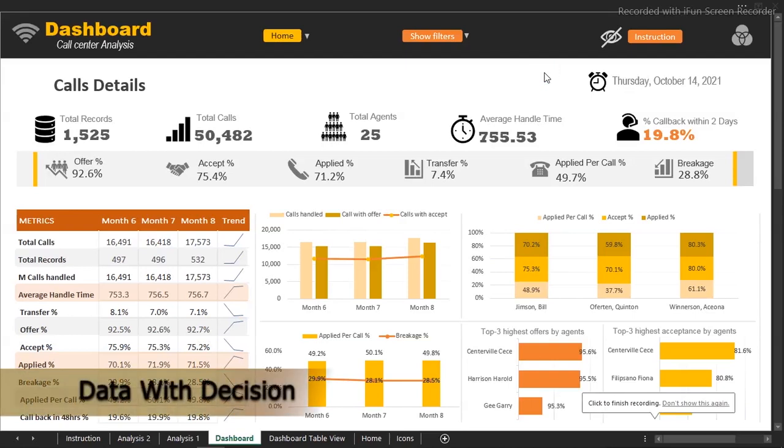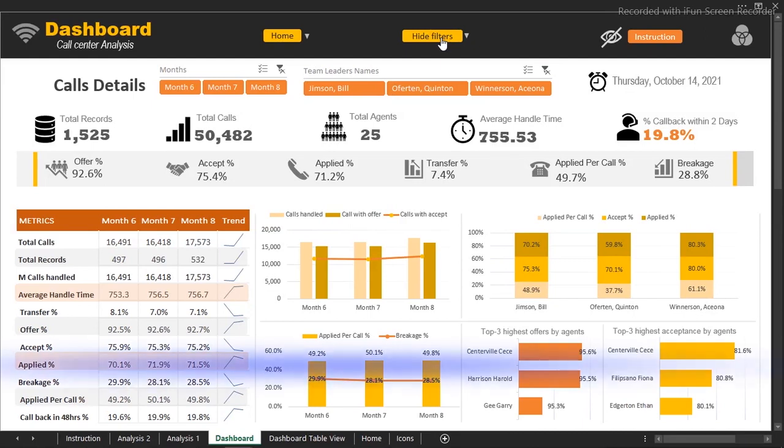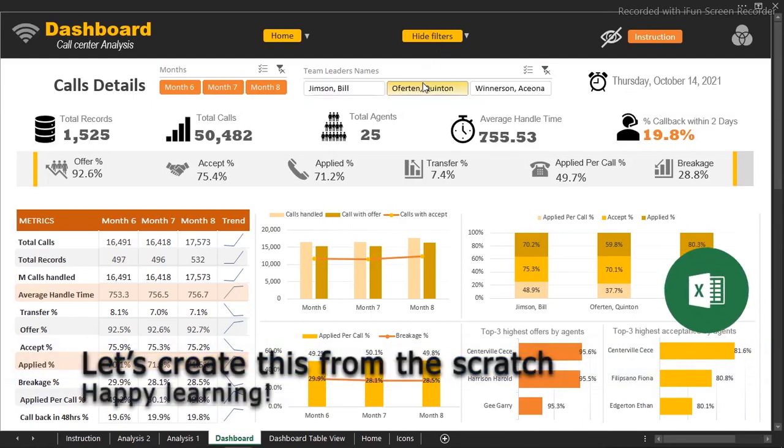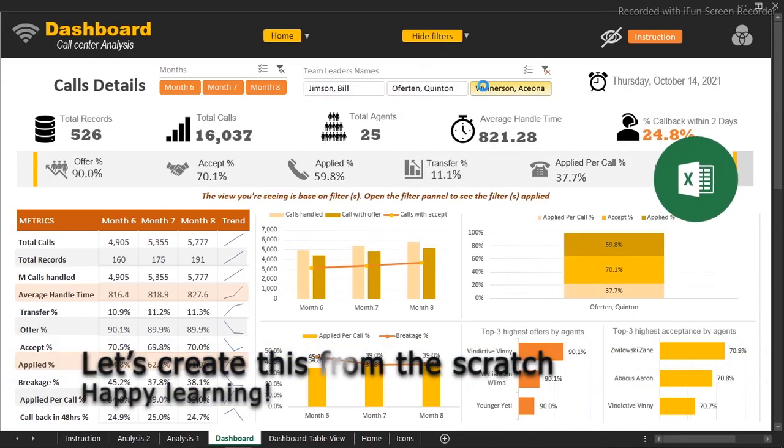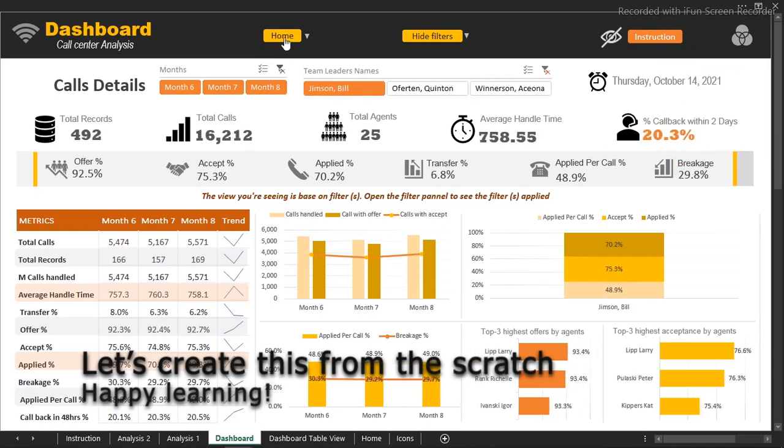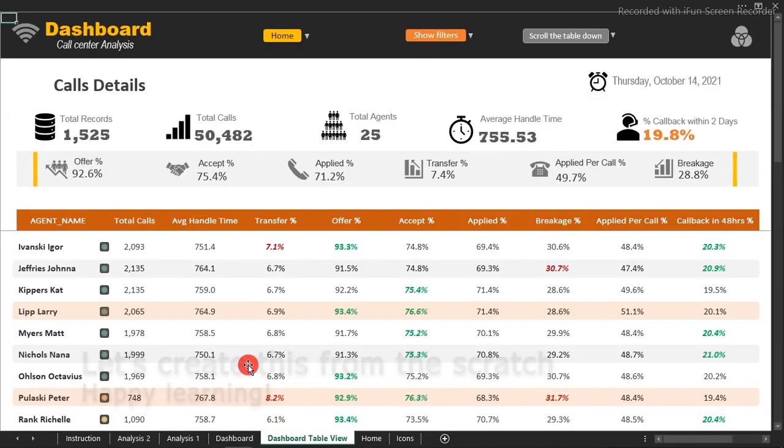Hi everyone, welcome to the second part of this particular dashboard called Center Dashboard. So right now we're going to be creating this particular part we have right here. In the previous video we've actually created this particular part we have here, which is the table view, and now